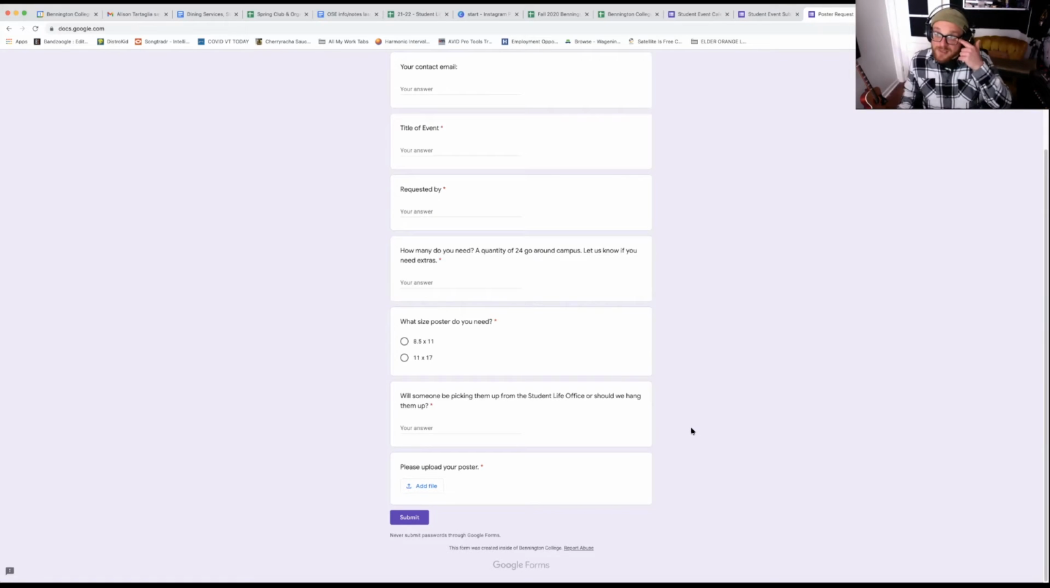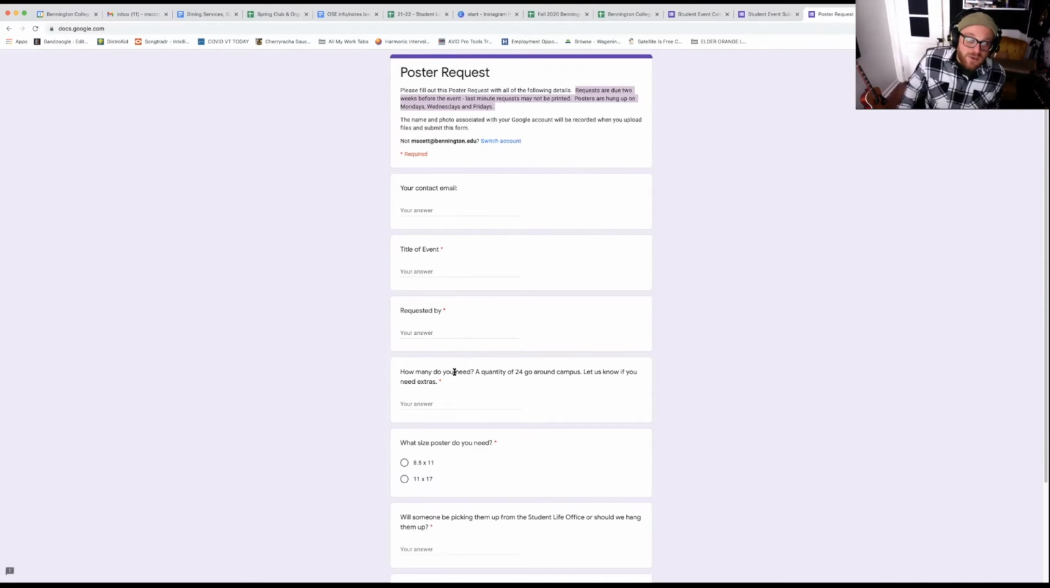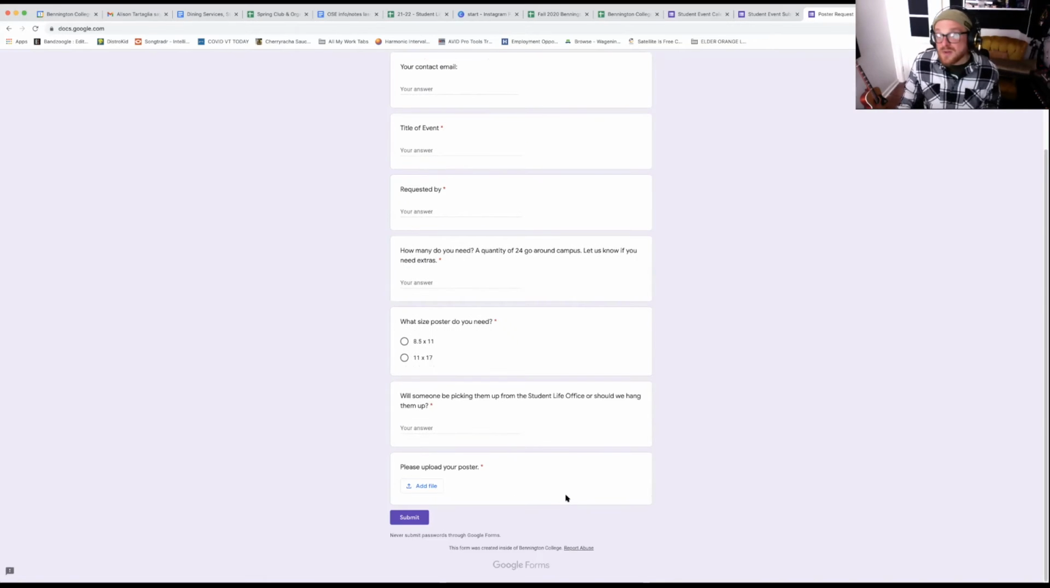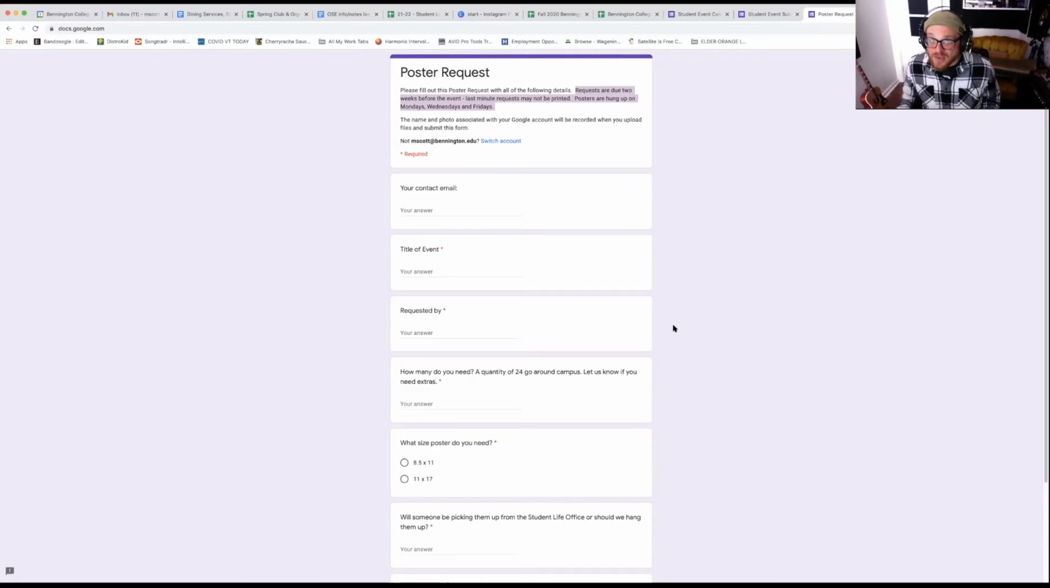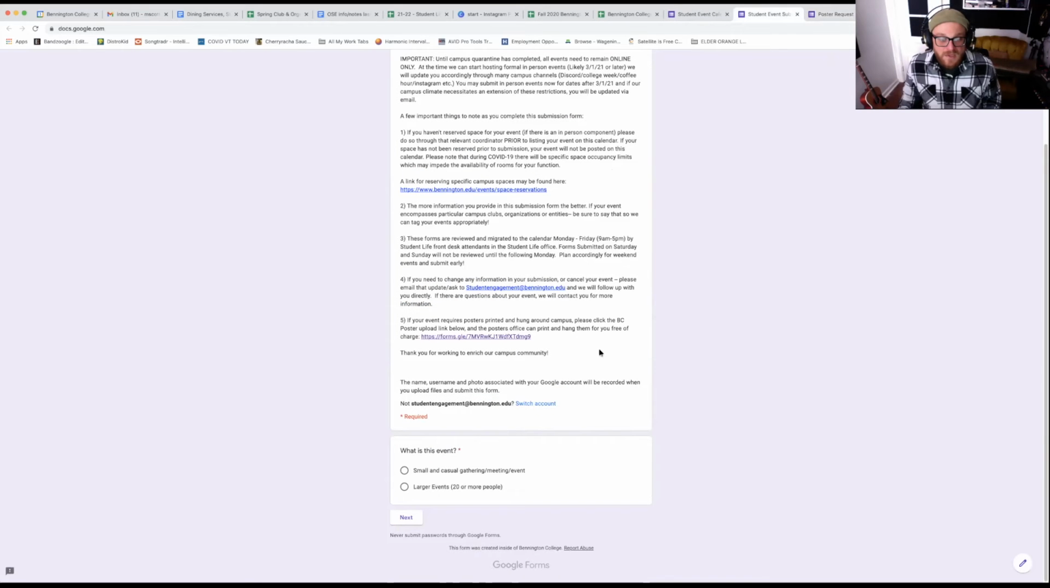You'll typically get a confirmation email from the poster's office to remind you that you have successfully submitted that request. But if you ever have any questions, you can also conveniently simply email studentlife@bennington.edu and they can walk you through that process. The second thing I want to point your attention to on the student event calendar is if we